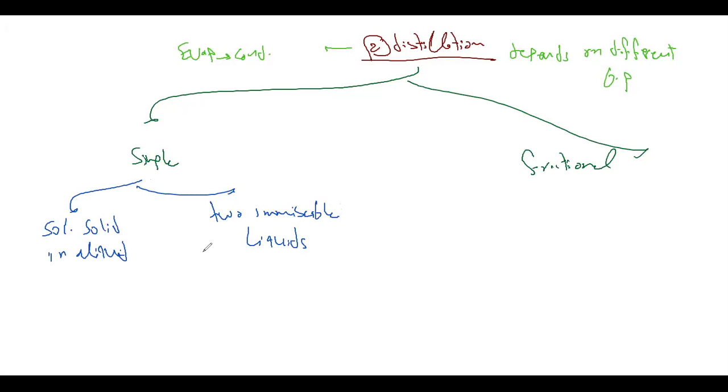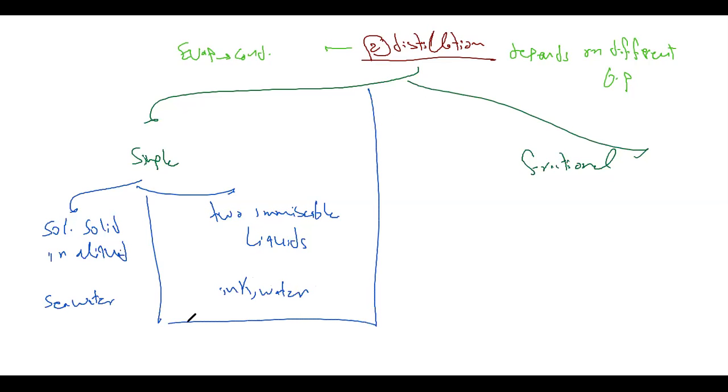Immiscible is like insoluble. But in the case of solids, we say soluble and insoluble. In the case of liquids, we say miscible and immiscible. So a soluble solid and liquid is like seawater or salt solution, while two immiscible liquids are like ink and water. The ink will diffuse in the water. The water will be colored by the color of the ink, so it is immiscible. While in the case of fractional distillation, it is for two or more miscible liquids